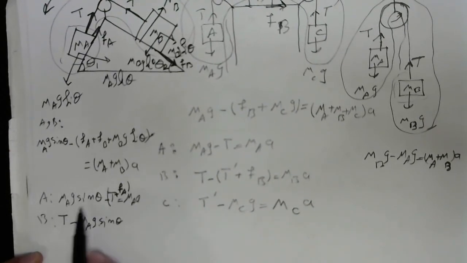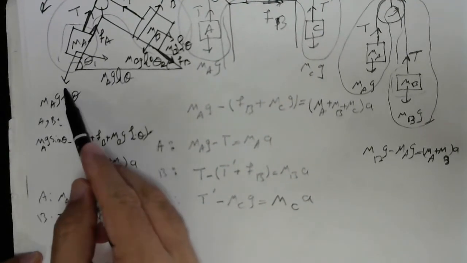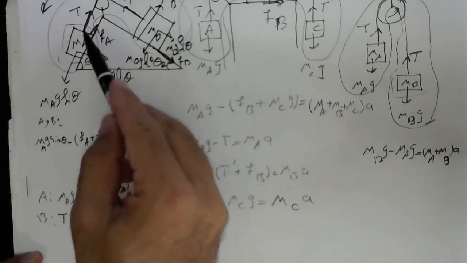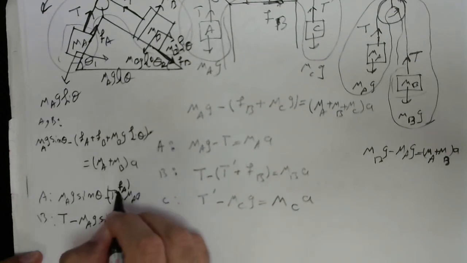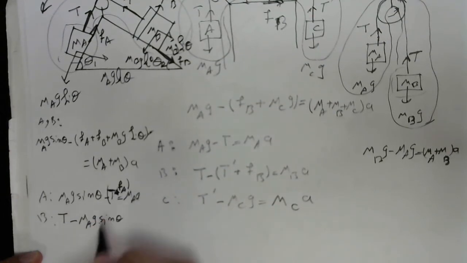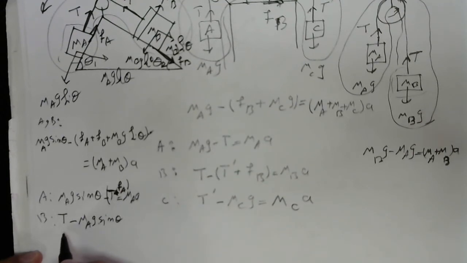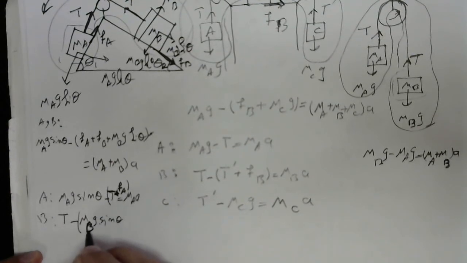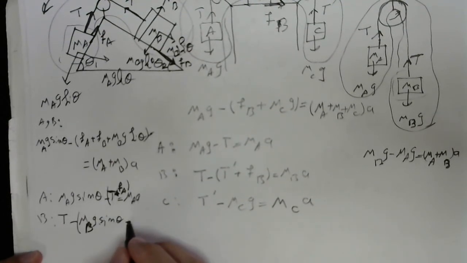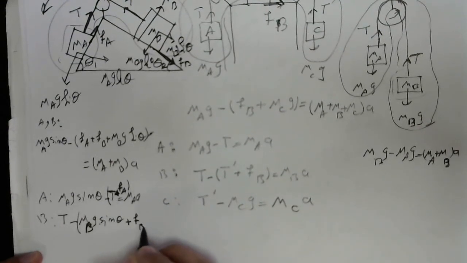So MAG sine theta is this force minus two opposing forces, which are T plus FA, is equal to MA, A. This is when A is the system. And then if B is the system, T minus MBG sine theta plus FB is